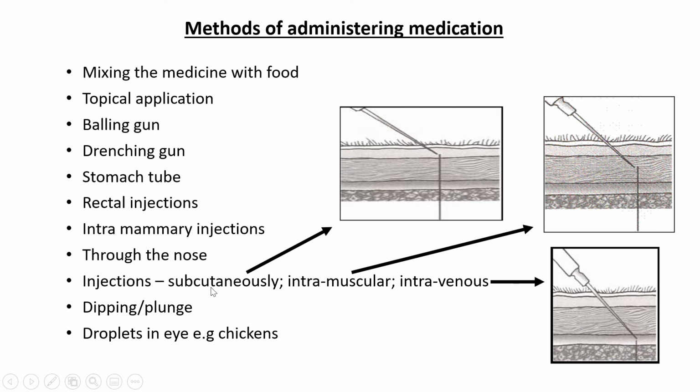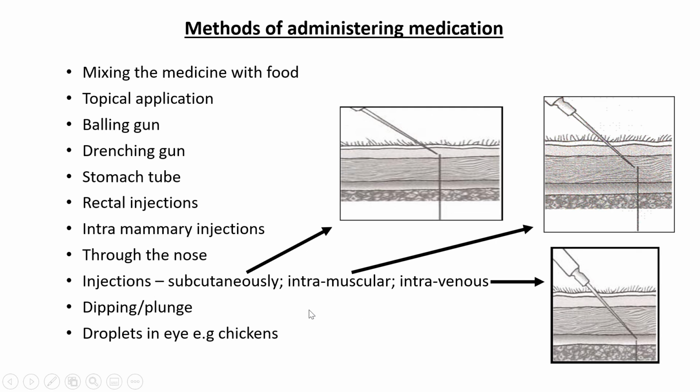So this is important. There are three main types of injections: subcutaneously, intramuscular, and intravenous. So subcutaneously, as you guys can see in the picture here, is just underneath the skin. The needle doesn't go very deep. This is where you release the medication. Intramuscularly is a little bit deeper. So this is your skin layer, then you've got a fat layer, and then a muscle layer. So it goes into the muscle itself. Then your intravenous. The intravenous goes into the bloodstream. So now this needle goes in deep, deep, deep, so that it enters one of the blood vessels, and the medication is deposited into the blood vessel.